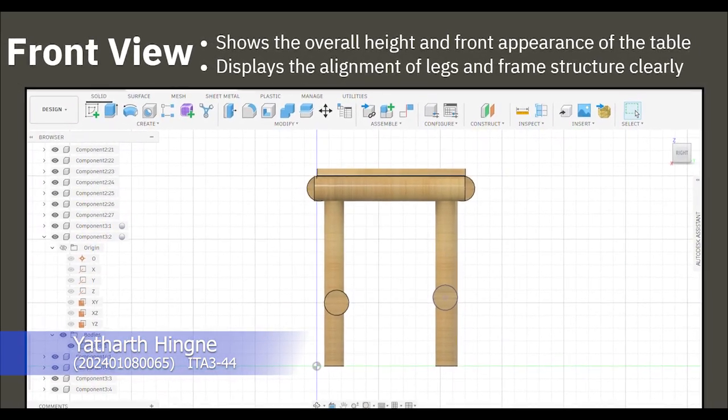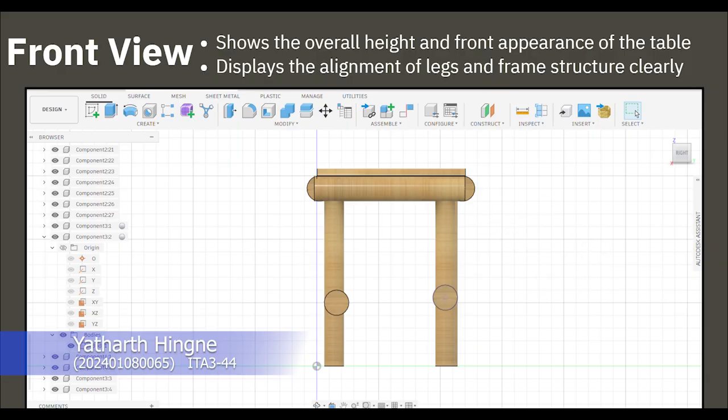This is the front view of our study table. It mainly shows the height of the table, which is 75 centimeter, making it comfortable for study purposes. Here we can clearly see the vertical alignment of the legs, which are of equal heights and provide proper support. The upper frame just below the tabletop and the lower support frame at the height of 20 centimeter from the